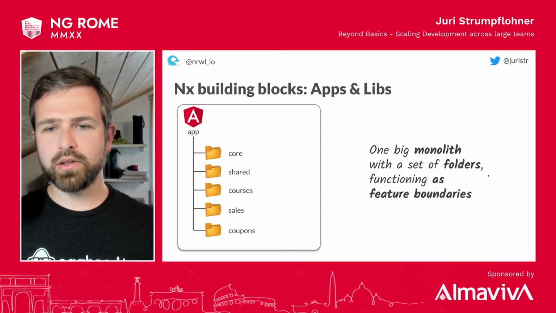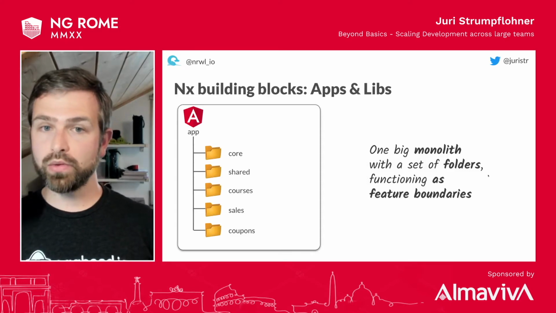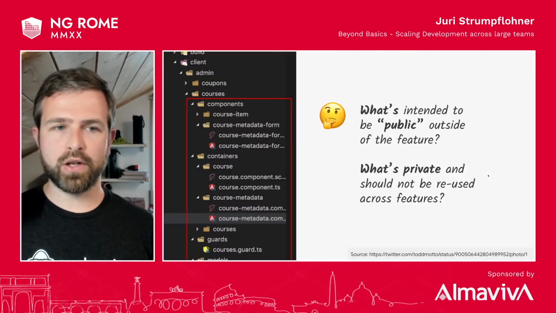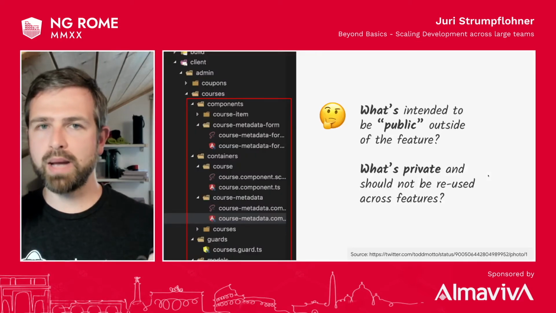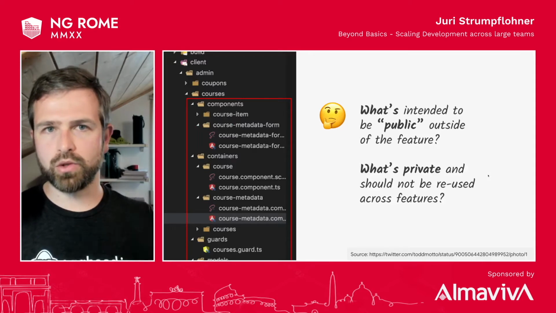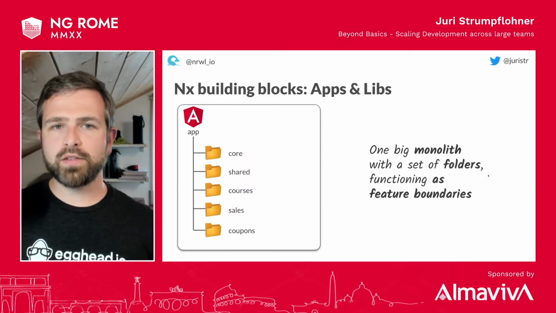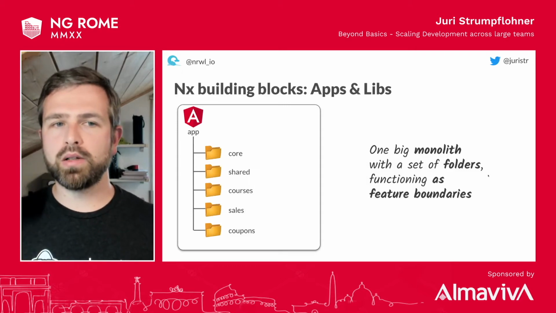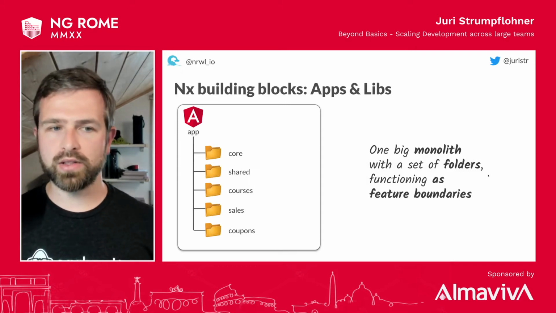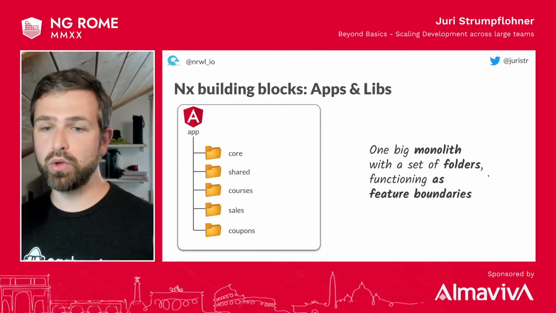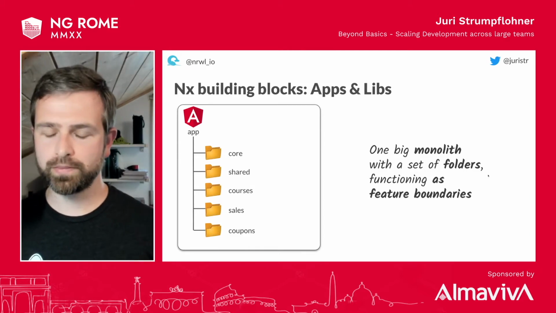And so actually that's the main point here. The problem is you don't really see what you can use from a feature, because you might want to grab into that feature and use, for instance, the course item component, because it might be useful for your own feature development, which is in a different section of the project. And this is that monolithic part when you use the Angular CLI nowadays. You have the structuring according to folders, which are the boundaries for your features.